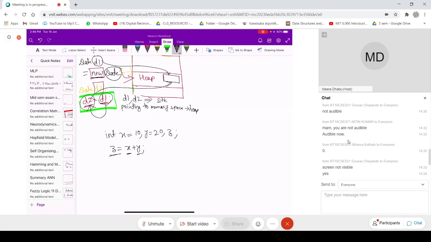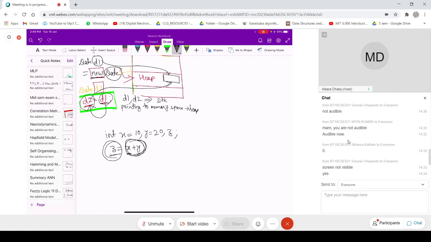We are using X and Y to refer to memory locations from which we are reading the data, and we are using Z to refer to the location where we will have to write the answer. So what I mean to say is that the R value is the storage. It is used as a storage.